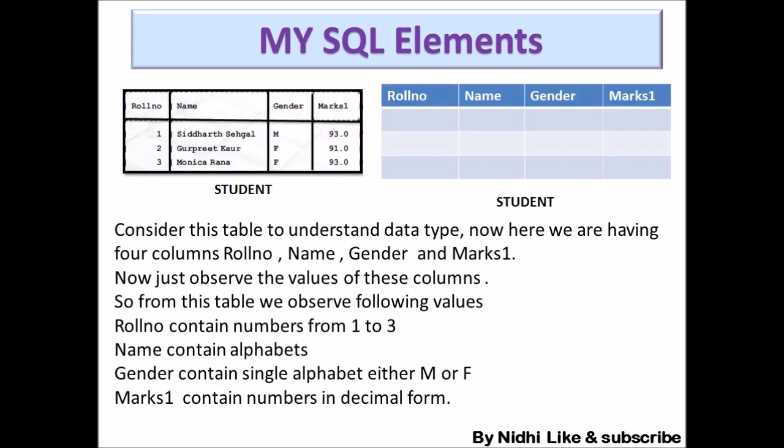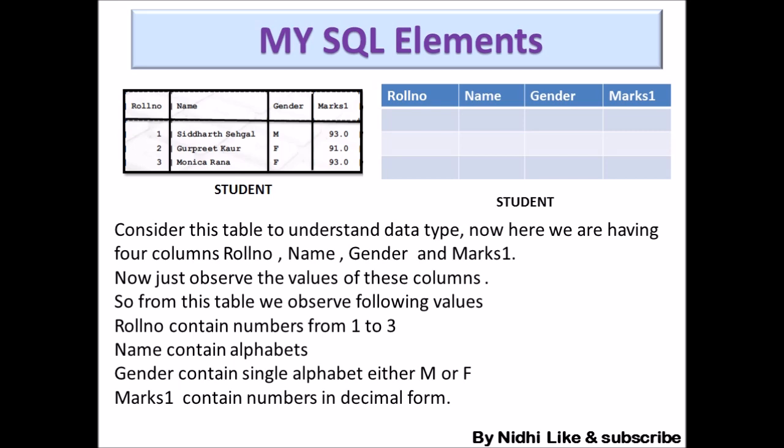For understanding data types, consider this table, student. Here I have given 2 tables. One table has all the column names and all the entries for the rows. But in the second table, we have just the column names and the other entries are empty. The logic of displaying these 2 tables is that the first table has the structure as well as the elements, and the second table has only the structure without elements. I will explain this logic later. So just consider the first table, student.